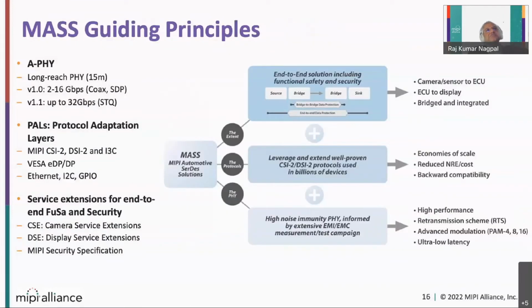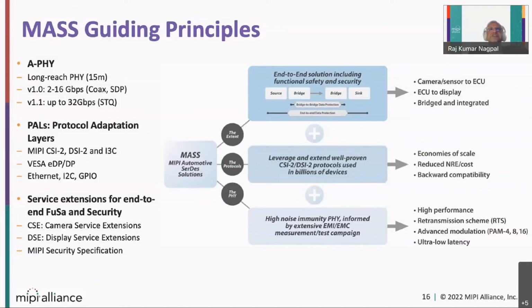The MIPI MASS guiding principles are here. At the very top level, we need a PHY which is very robust. So this is a high noise immunity PHY, supporting multiple EMC standards. This is our first guiding principle for the physical layer. All the protocols which are an advantage with MIPI are going to be used, with no new cost to be incurred in adapting them.